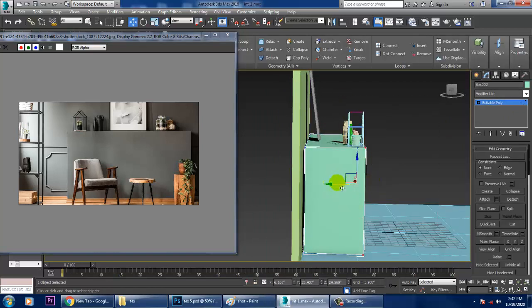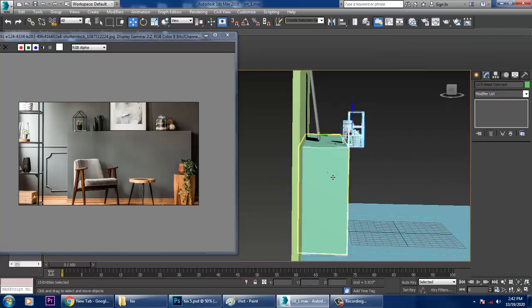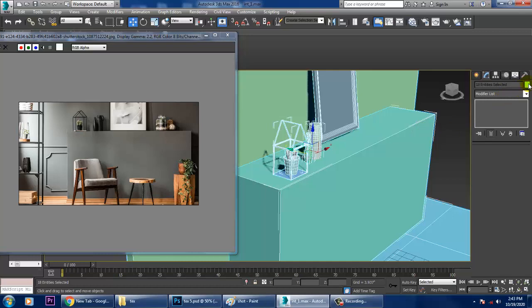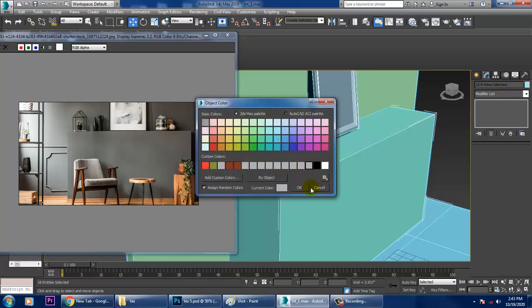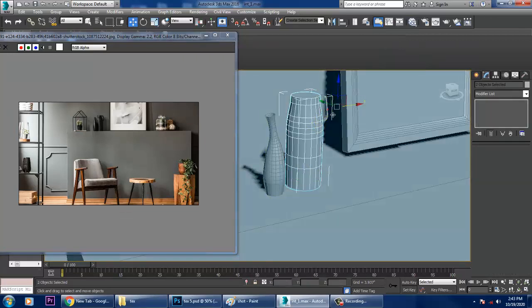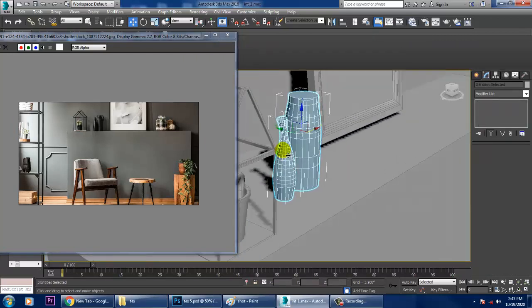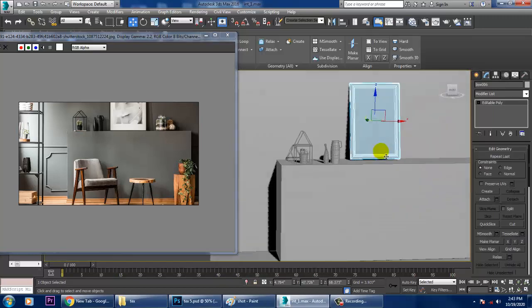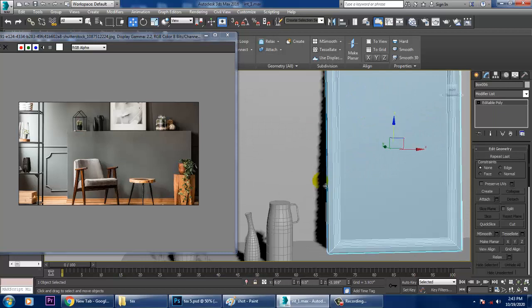You can drag it inside. So just select this all and just give one color, so that would be much better to understand the things. So just drag this out. Just drag this frame down over here.